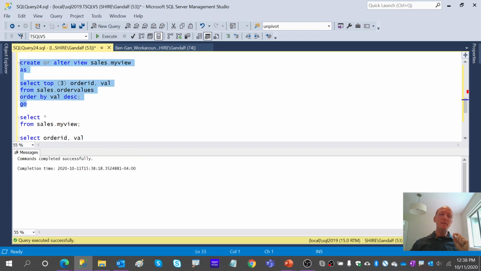The tricky part that many people don't realize is they think that not only will they get the data back from the view with the right filter applied, i.e., the 3 rows with the highest values, but they often just assume that they will always get the data back from the view presented, ordered by value descending. They don't realize that Microsoft made this exception only to support the TOP filter, and unless the outermost query has its own presentation ORDER BY clause, we do not have any guarantees in terms of presentation order.